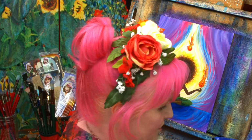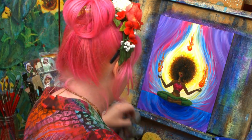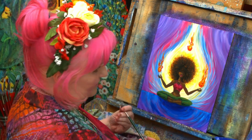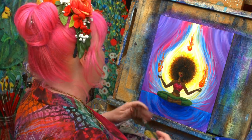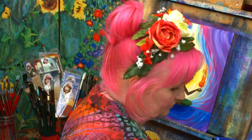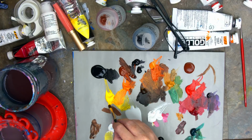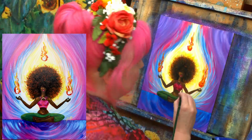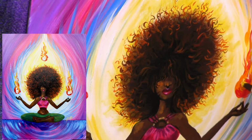No. Do you see the fire? Fire's not done. We have 2 more layers of fire, and then I can sign her. Yes, 2 more layers of fire, and then I can sign her. Okay. So the next layer of fire is yellow and some white. Yellow and white. And you're going to come here and you're going to just...